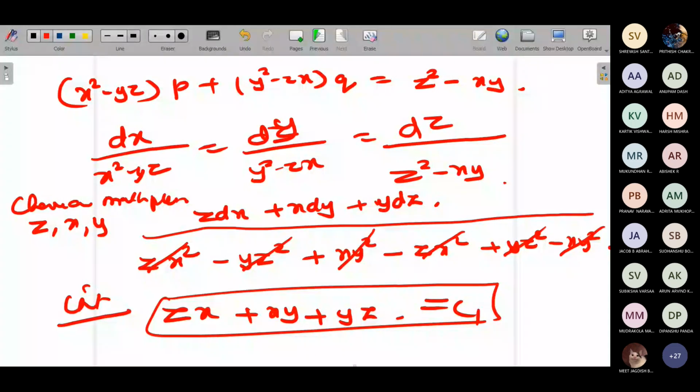ZX plus YZ plus, yeah. But if you do this, fine, you're considering Z as constant, because the validity is because when you're choosing the multiplier, your denominator is becoming 0. So you have Z dX. It is like combinations of variables. So you can directly treat it as a constant and you can do it. But actually, the other way also you can do this problem.